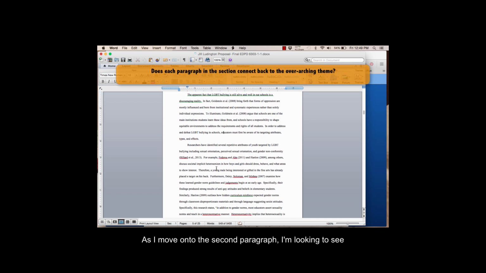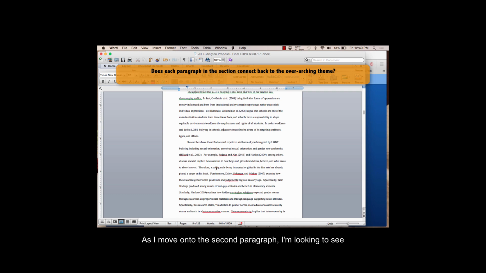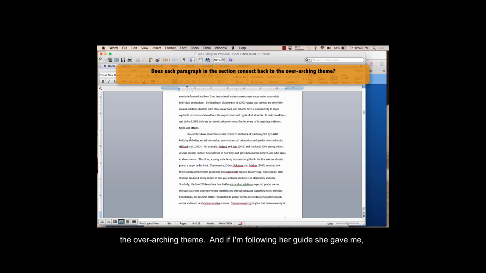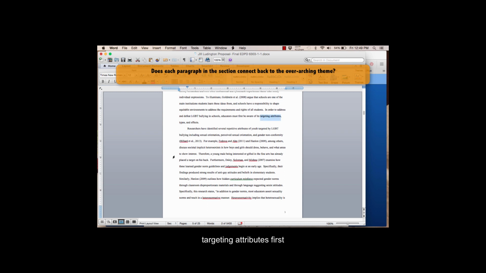As I move on to the second paragraph, I'm looking to see that Jill has a connection between her first paragraph and the second paragraph. I want to make sure this connects to the overarching theme. And if I'm following the guide she gave me in the intro, she's going to talk about targeting attributes first.